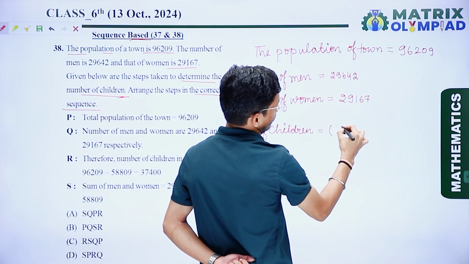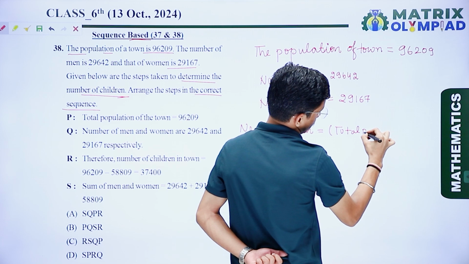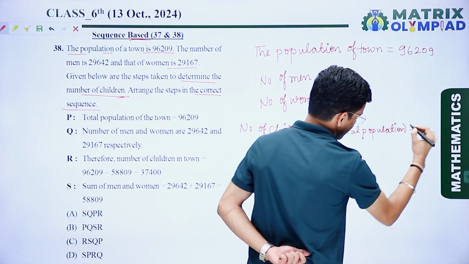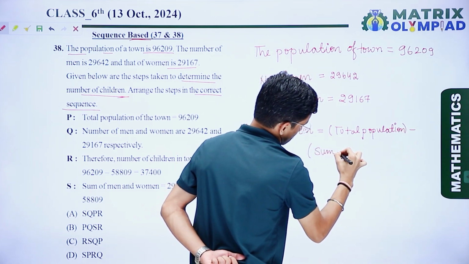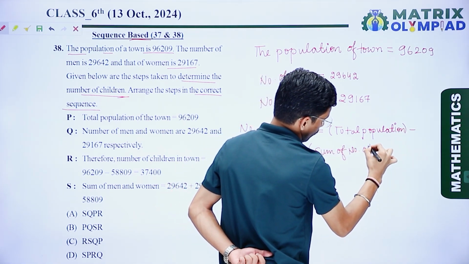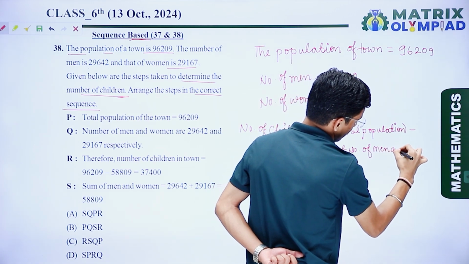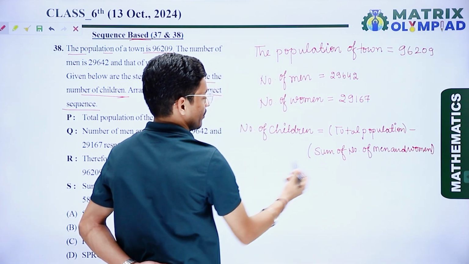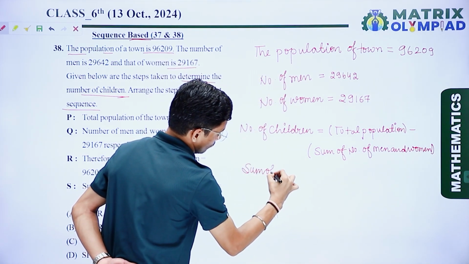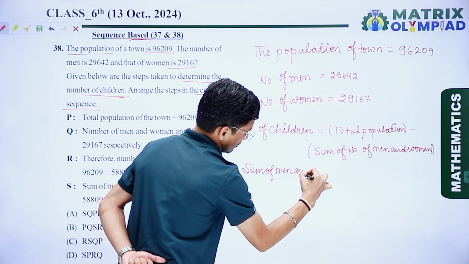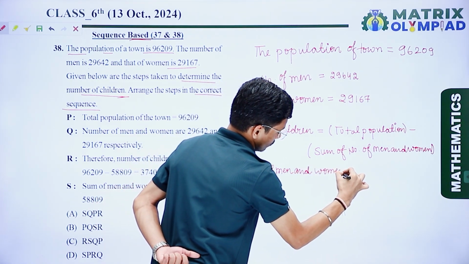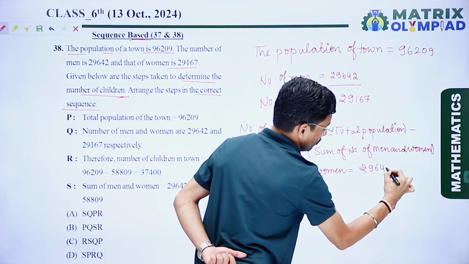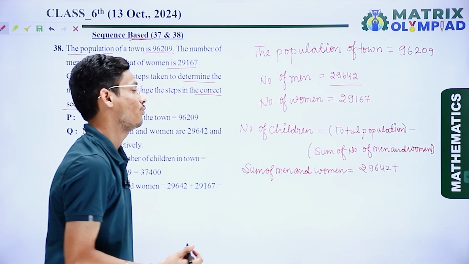we have to find total population minus the sum of number of men and women. So here we have to find the sum of men and women. So the sum of men and women, that is, the sum of men, that men are here 29,642 and the number of women that are